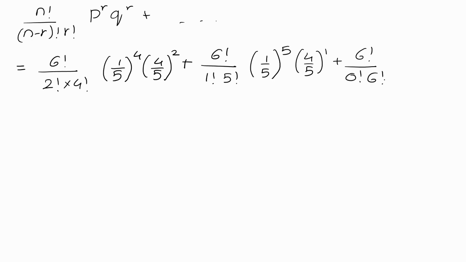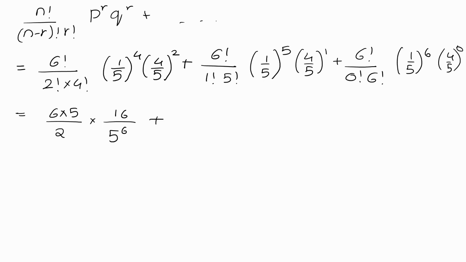Therefore 0 factorial, 6 factorial, 1 by 5 raised to 6, 4 by 5 raised to 0. Okay, so once you solve this, it will be something like 6 into 5 upon 2 into 5 raised to 6, to 16 upon 5 raised to 6, plus this will be 6 into 4 upon 5 raised to 6, plus the 6 factorial will get cancelled and it will be 5, 1 upon 5 raised to 6. Now if you solve this further, the answer you will get will be approximately